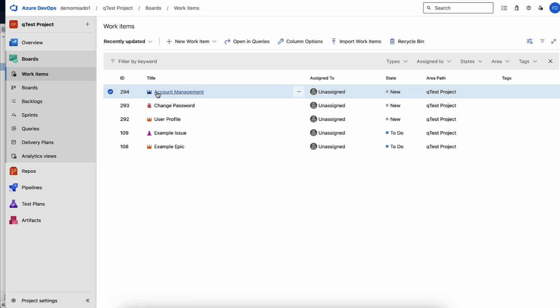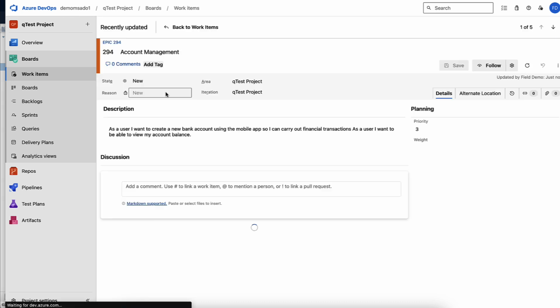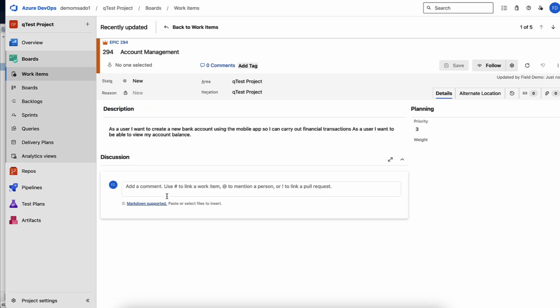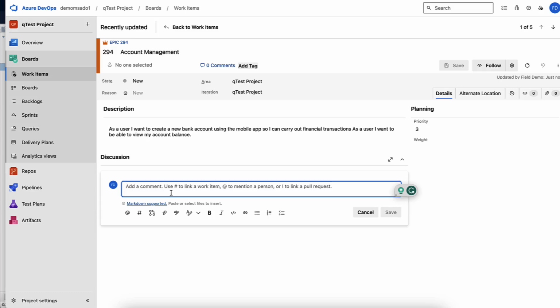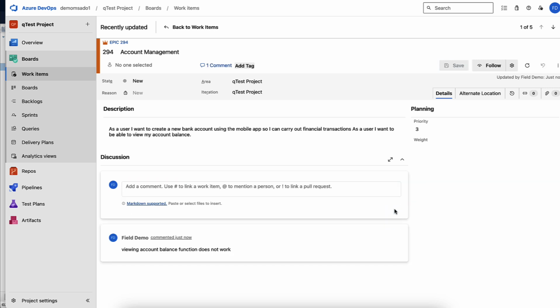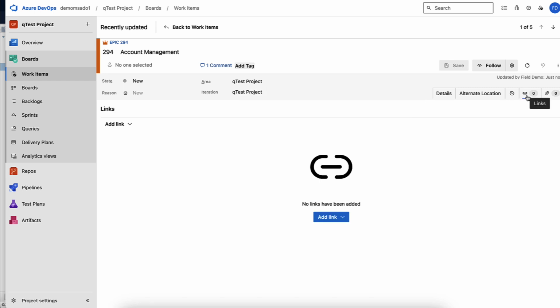As I'm doing this, you may see some custom fields such as alternate ID, alternate URL, or qTest ID and qTest URL. These are custom fields that are just a nice to have for traceability purposes, but these are the actual IDs and URL from the twinned artifact in the opposite tool. So if you're seeing it in Azure DevOps, that is the actual ID and the actual URL from the qTest